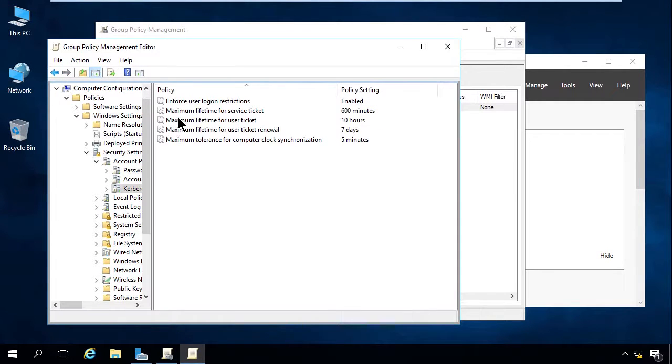And then in here we have our Kerberos policy. Notice we have enforced user logon restrictions. That's enabled by default. And we have the other settings that we talked about. 600 minutes for a maximum lifetime for a service ticket. We have a TGT for 10 hours. We have a TGT renewal for 7 days. And the computer clock synchronization for 5 minutes. So this is where I would come in and configure these domain account policy settings using the Group Policy Management